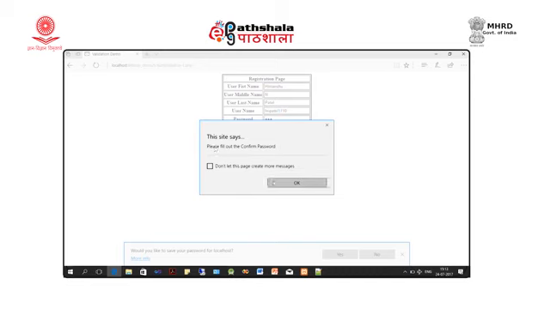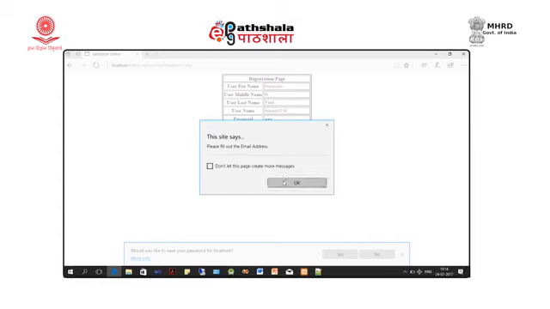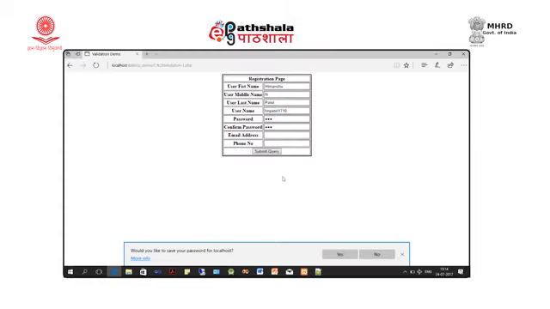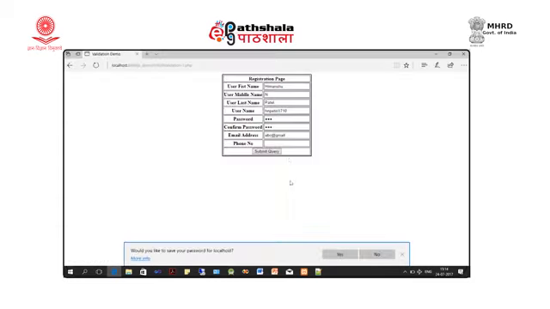It says please fill out the confirm password. So, I re-enter a password, but different from the first password, and it says password does not match. Now, I am providing the correct password. It will ask whether the email address is entered or not. Here I write abc at gmail, which is not correct, so it says please provide proper email address. Now, I add the domain name.